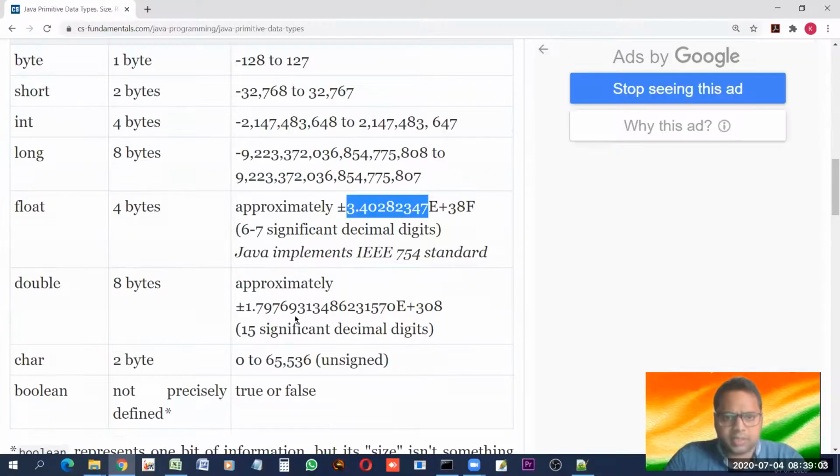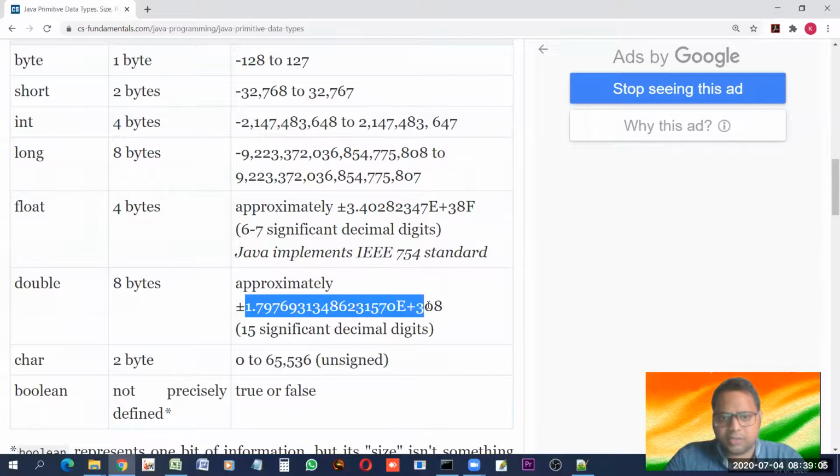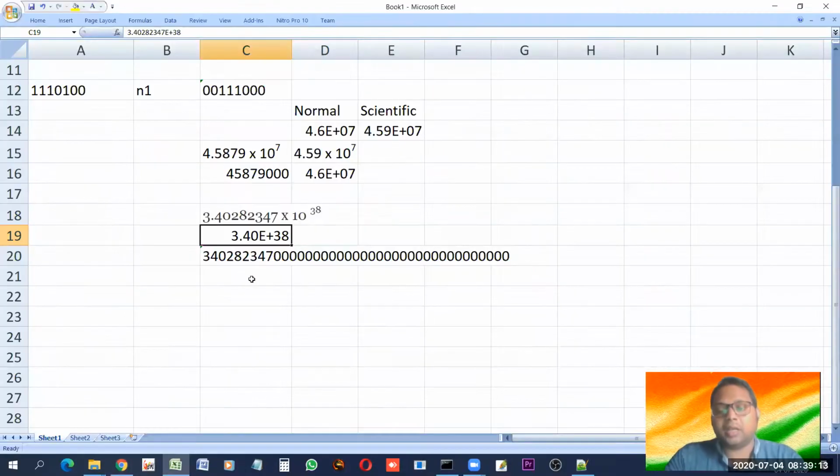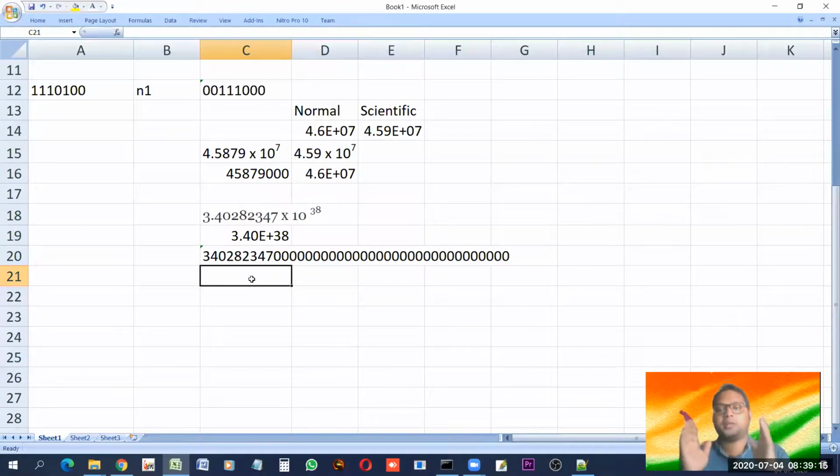Now you'll see here and find that this is the range of 308. Now think of such a large number which has total 309 digits. Such a big number. So look, dear students, this is the capacity. This is the range of numbers on the negative as well as the positive side that can be represented in Java